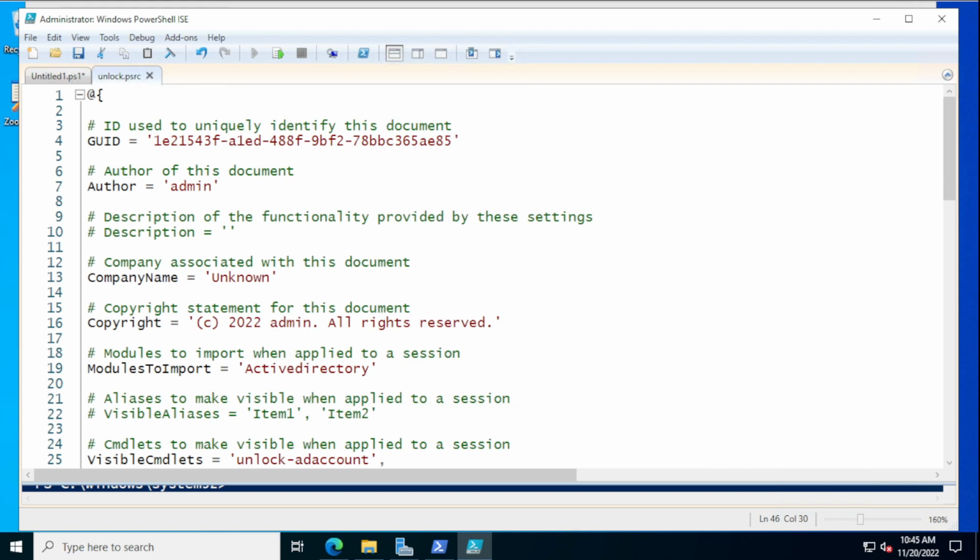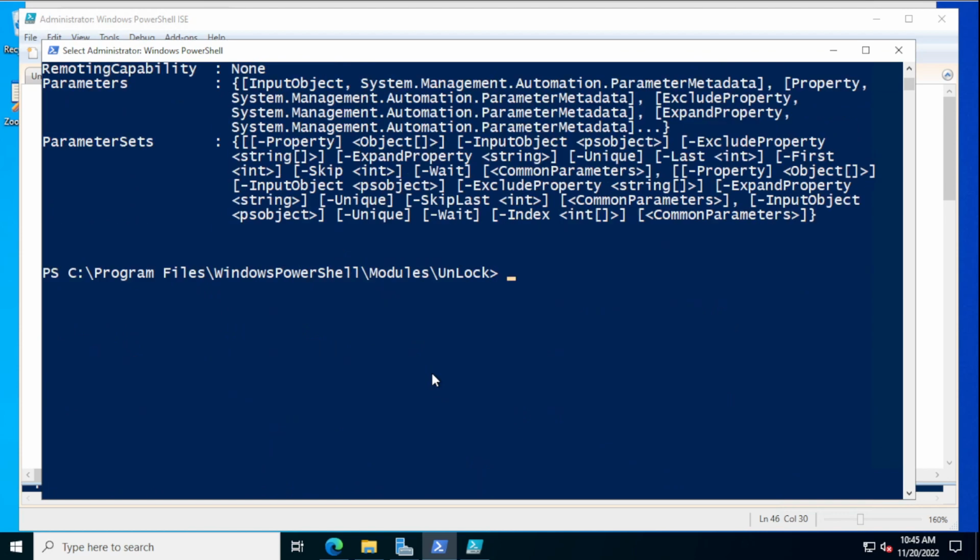All right. Now, the next step is we're going to need to make a session capability file or an SC. So this file extension for the role capability was PSRC, and we're going to make another file, PSSC, for session capability. Now the session capability, let me go ahead and create that here. So the session capability file is made again through a PowerShell commandlet. So I could do new